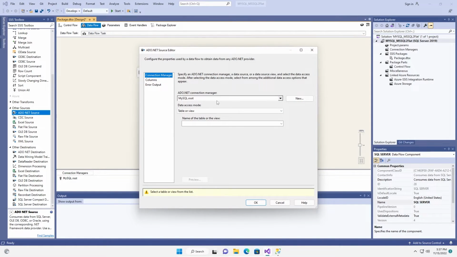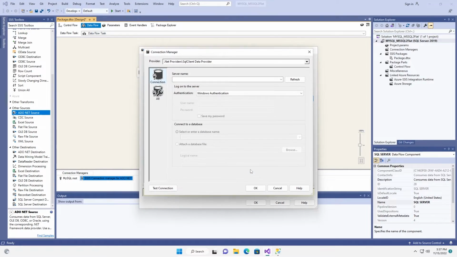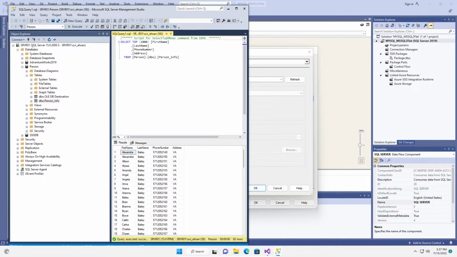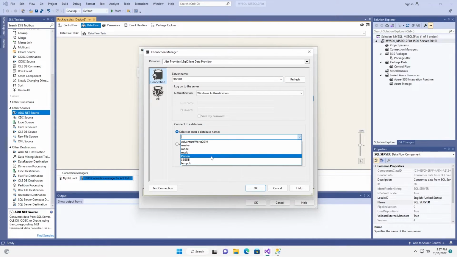Double click. New connection. You can provide your SQL Server server name. My server name is server01. Now you can expand your database. So there are databases. I need the person database. Person.